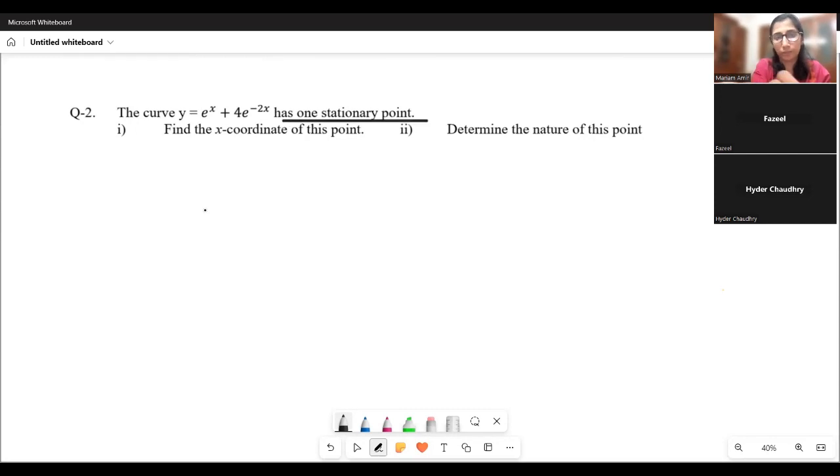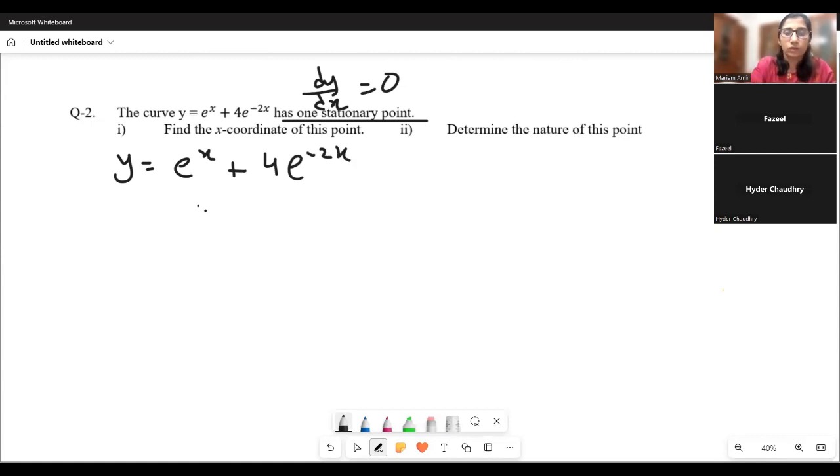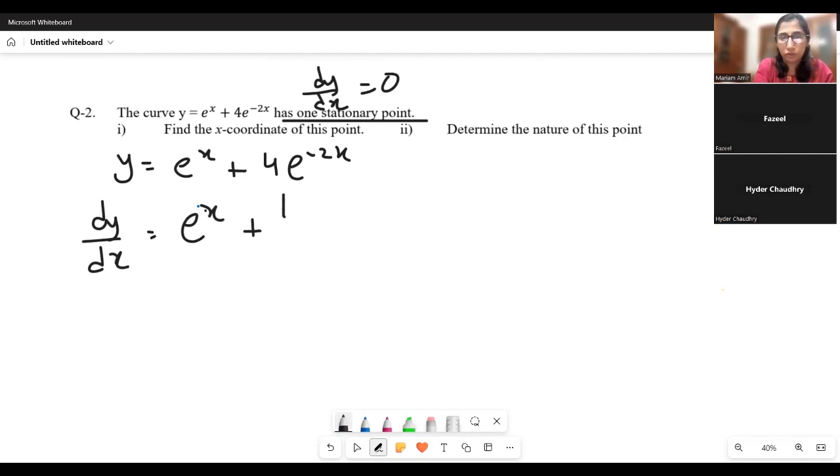So stationary point means dy over dx has to be equated to 0. Find the coordinates of this point. So let's differentiate y equals e power x plus 4 e power minus 2x. So dy over dx is going to be, the derivative of e power x is just e power x, plus the coefficient is 4,